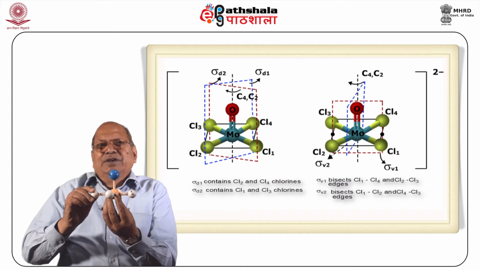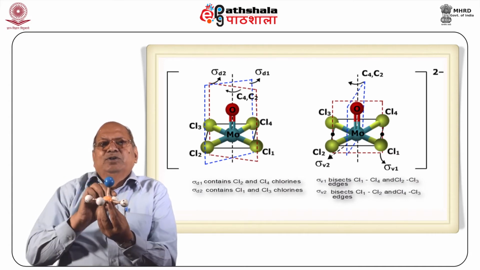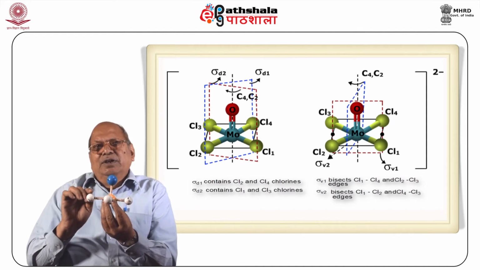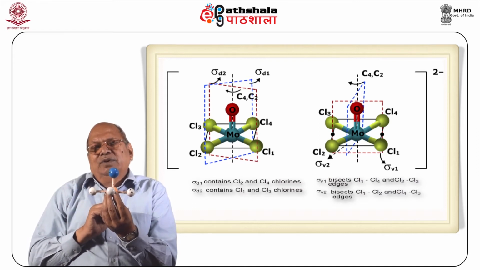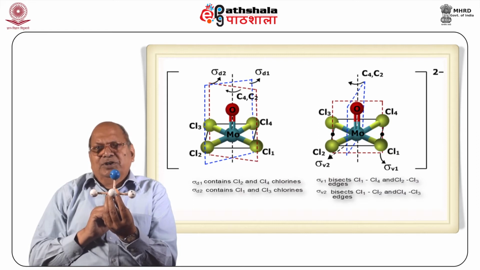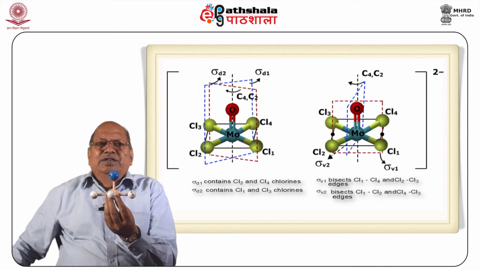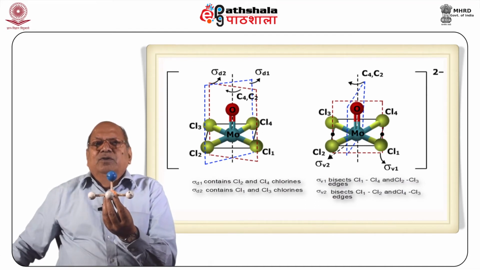That is, if I say S1, S2, S3 and S4, there are 4 chlorine atoms which are labeled as shown in the figures, and I will label S1, S2, S3 according to this module, and we will now study the effect of various symmetry operations corresponding to the C4V point group only on these 4 s orbitals. Now, for doing this, let us take s orbitals. As I told you, S1, S2, S3, S4 are on chlorine 1, chlorine 2, chlorine 3, chlorine 4 respectively.